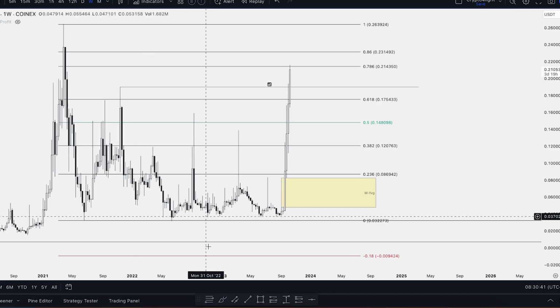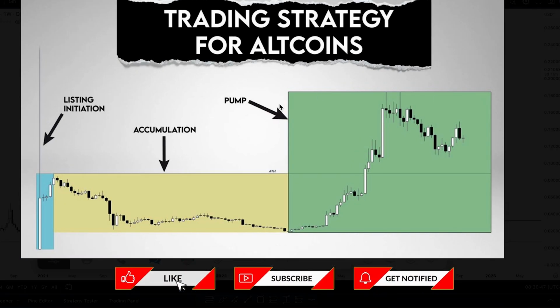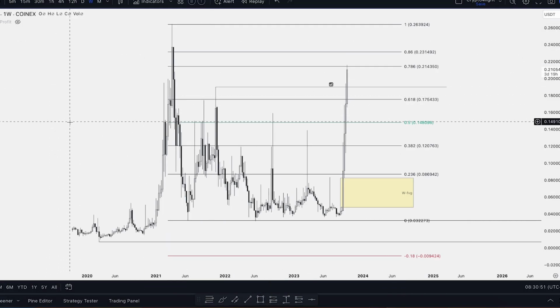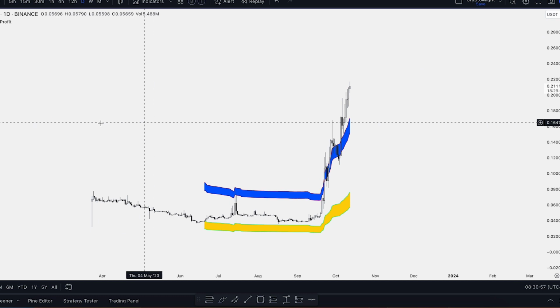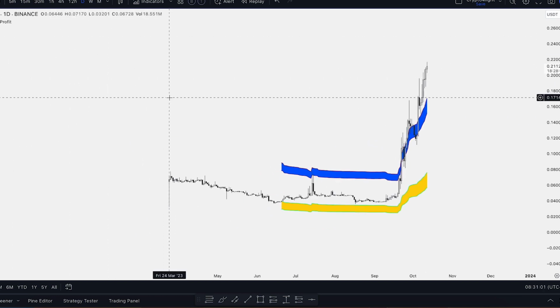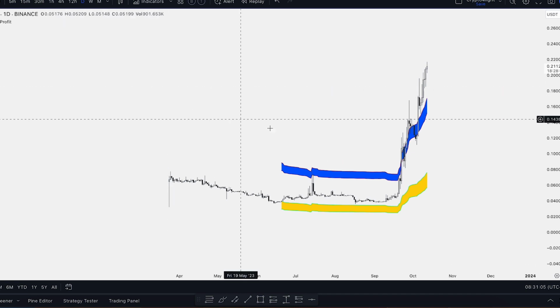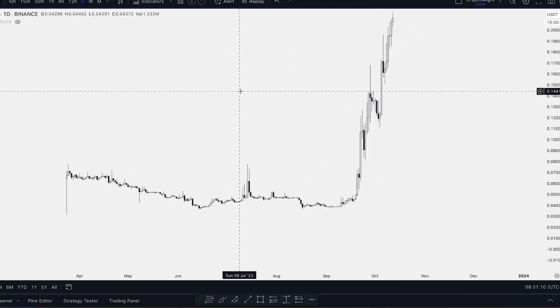First of all, guys, I highly recommend you go and watch this trading strategy for altcoins: listing, initiation, accumulation, pump stages. Why is it important? Because here, this is an old chart on Loom on CoinEx from October 2019. And here is a chart on Binance, listing on Binance from March 2023. So Loom is not some brand new coin, but take a look how the initiation and accumulation stages work